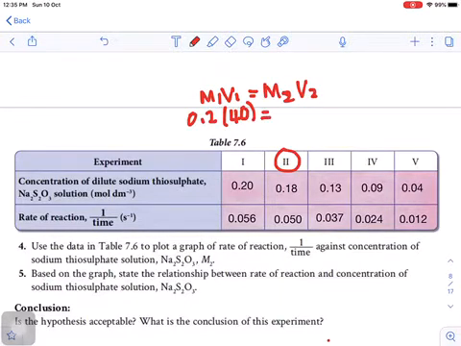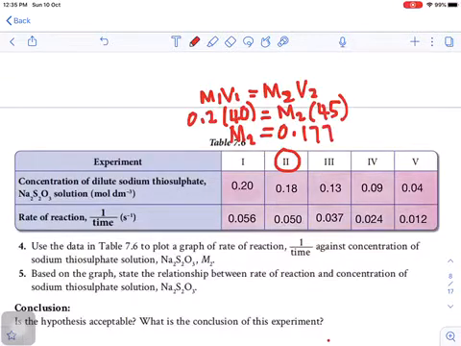And then M2 you need to calculate, and V2 is 45. So if you calculate this, you may find M2 is 0.2 times 40 divided by 45. So that is 0.1777, or 0.18. So use this formula to calculate all the